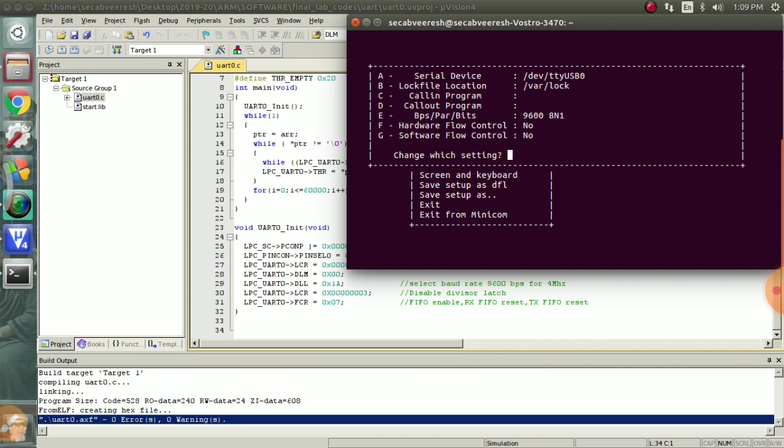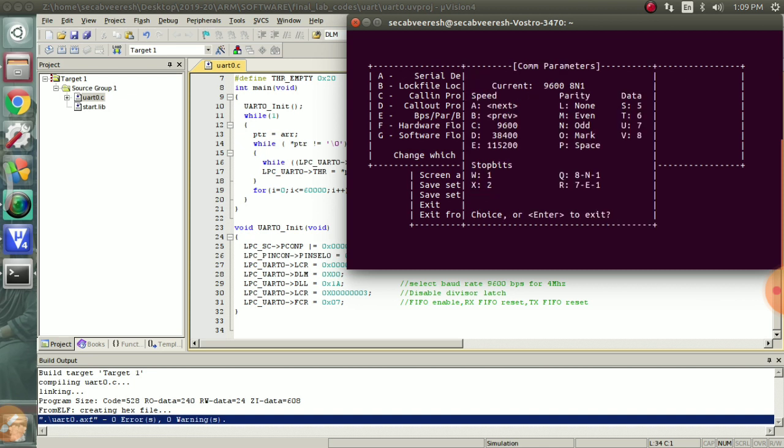The serial device should be /dev/ttyUSB0. The log file location should be /var/log. Then bits per second, that is the baud rate, should be 9600, as in the program we have also selected 9600. If it is changed, then we can change the Minicom settings here also.